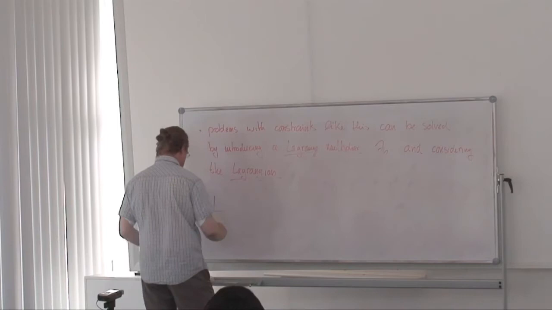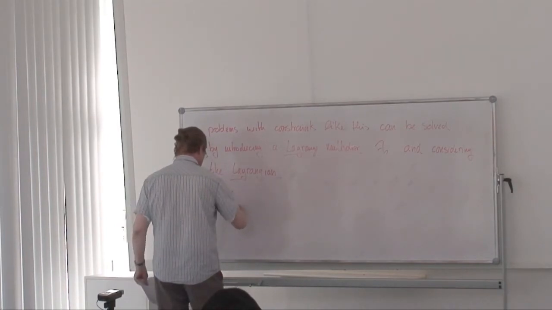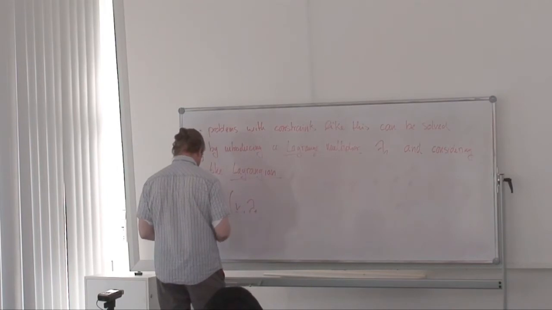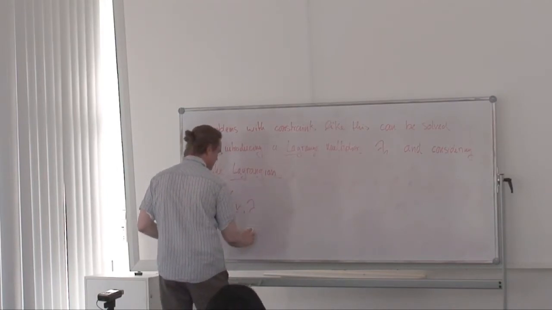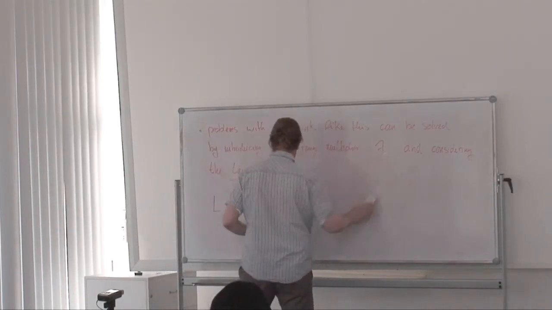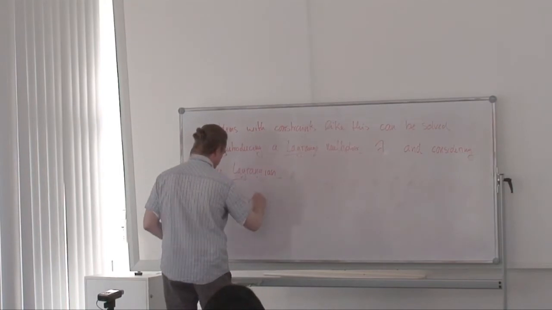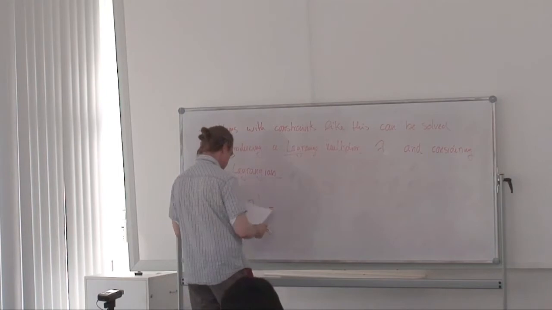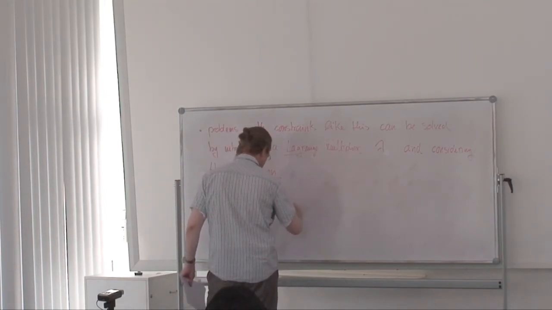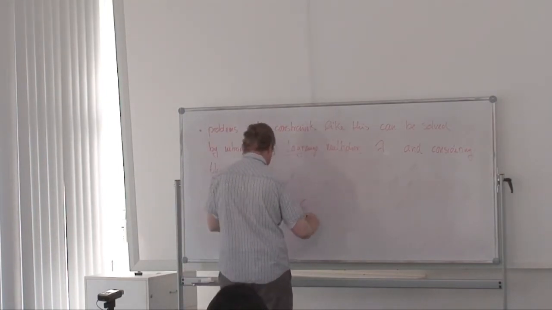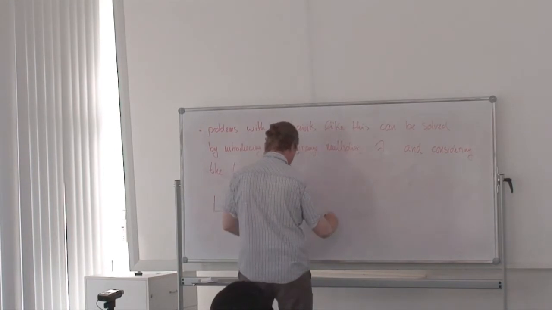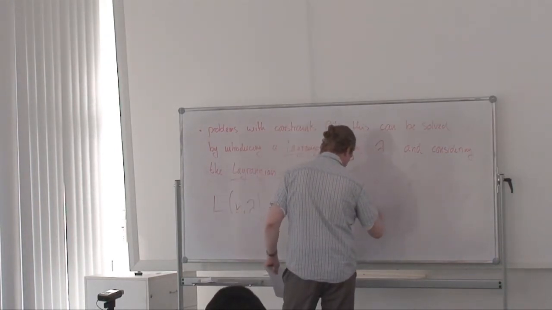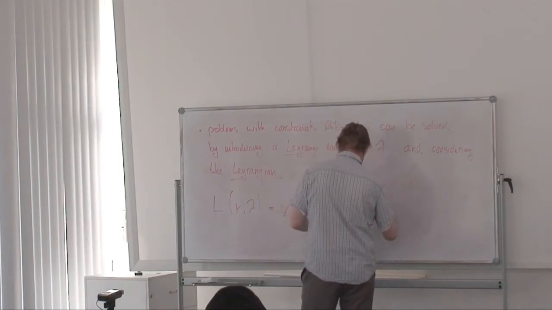It is a function L that depends on V and lambda 1. This function is given as V transpose times C times V minus lambda (V transpose V